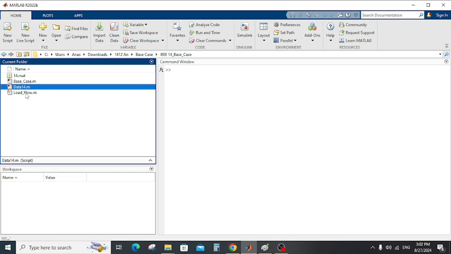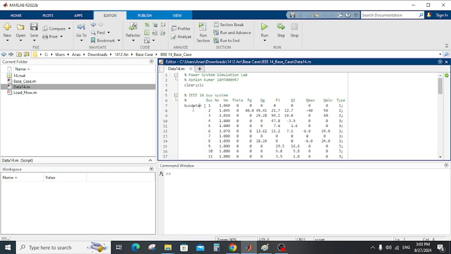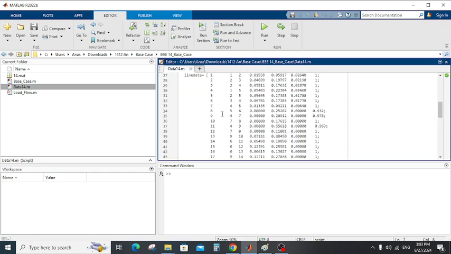looping network, but IEEE 10 and 33 are distribution networks, radial networks. So the load flow here uses the Newton-Raphson method to get the voltage and current in each branch and bus. If you open the data of the network, as you see here, we have the bus data and the line